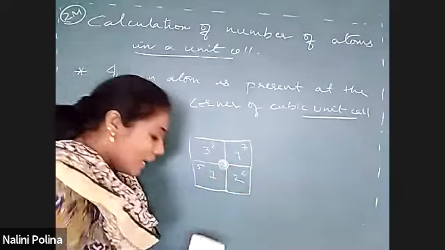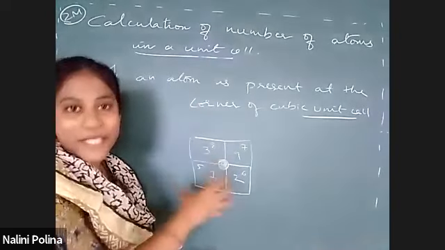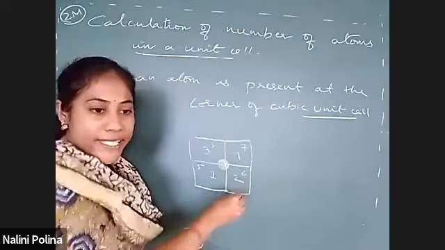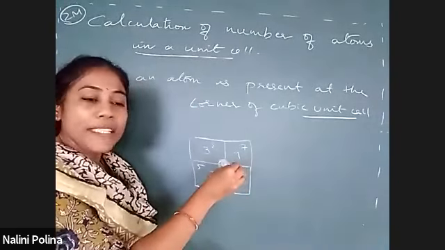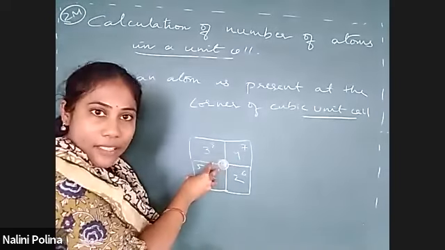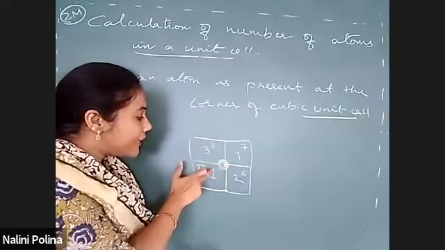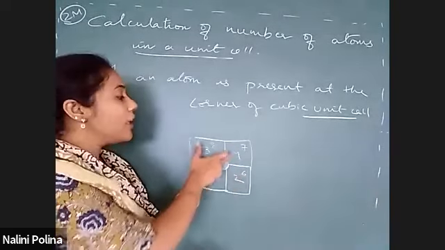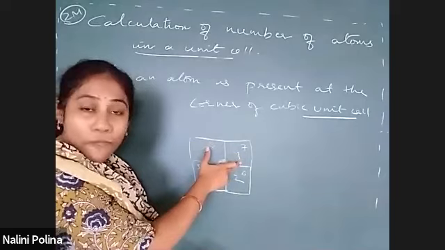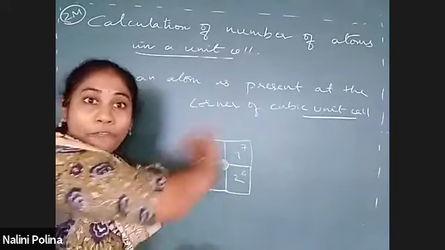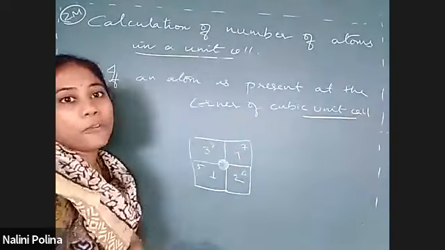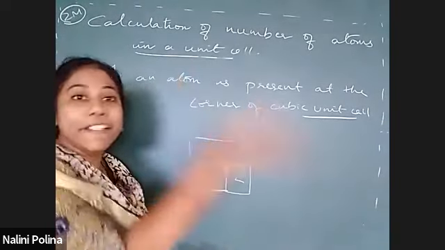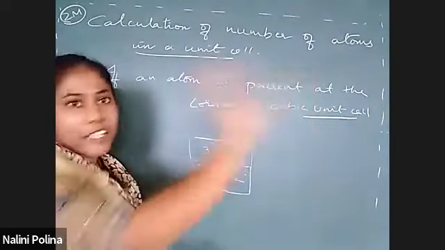Okay, so this is a very important idea you must have. Say one corner atom in one unit cell, that atom does not completely belong to that unit cell. Say this is a corner of this room, this is a corner of the second room, this is a corner of the third room, this is a corner of the fourth room, and this is a corner of 4 other rooms which are there above. Okay, so that means this is the corner of 8 rooms. Maximum 8 rooms ke corner ಆಗಿರುತ್ತೆ.